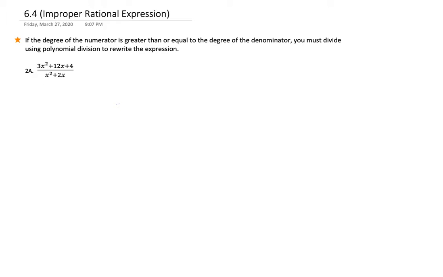Okay, so this is 6.4, day 1, part 2. Sorry, I had to cut off the first one because I totally messed up, but we're good to go now,